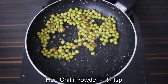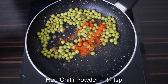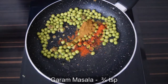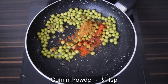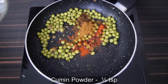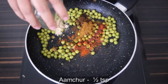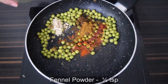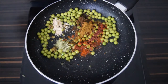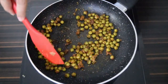Now, let's add in all the powders. 3/4 teaspoon of red chilli powder, 3/4 teaspoon of garam masala, half a teaspoon of cumin powder. Here I have used roasted cumin powder for added flavor. Half a teaspoon of dry mango powder, half a teaspoon of fennel or somph powder. Mix all this for about a minute